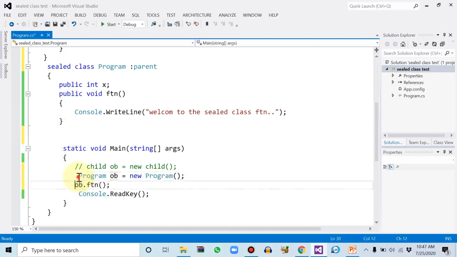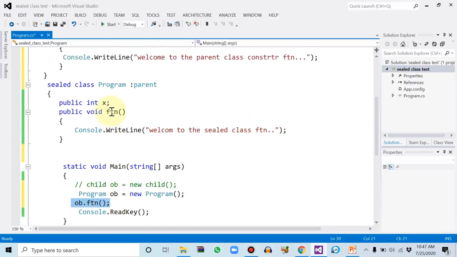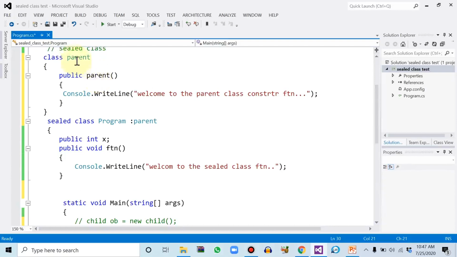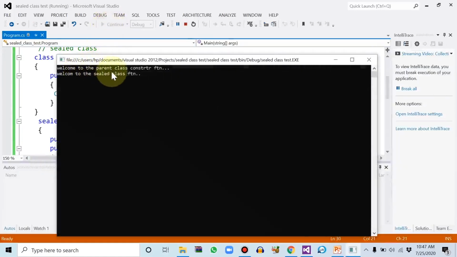So we have just created the child class object, and then call, with the help of the ob object, a function of the sealed class, and you can see we have a constructor in class Parent. The class name and the function name are the same, so it means this is the default constructor, so it will be called automatically. You can see welcome to the parent class. So first the constructor function is called from the parent class, and then we have called the sealed class.